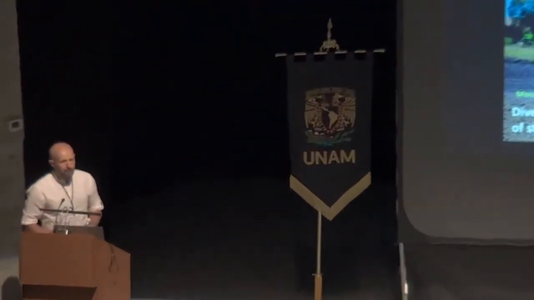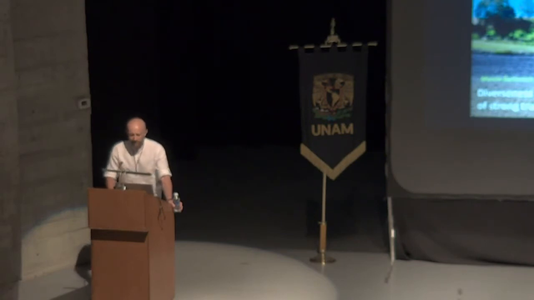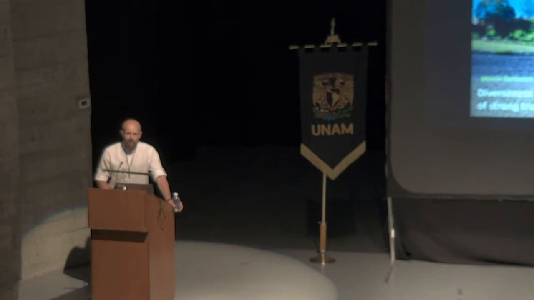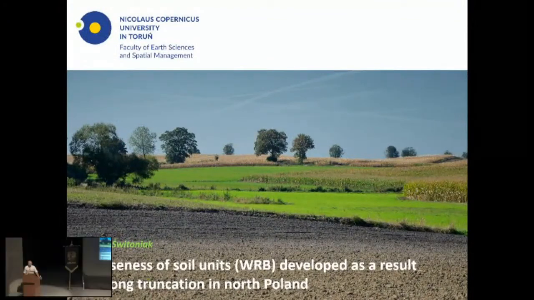Today I will talk about another type of the changes of the soil cover in young glaciation areas. If I am talking about the young glaciation, I'm thinking about the morainic areas which were covered by the last glaciation. So it means that for 15,000 years they are of course not glaciated now, but they still are full of the features which are connected with the last glaciation. So that's why I'm calling it the young glaciation area.